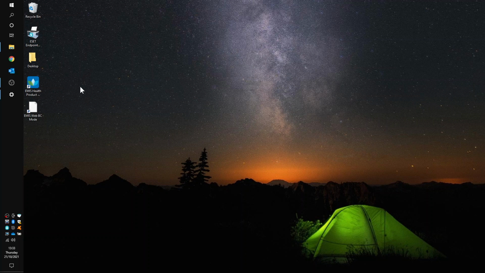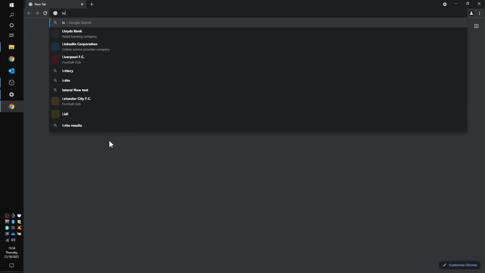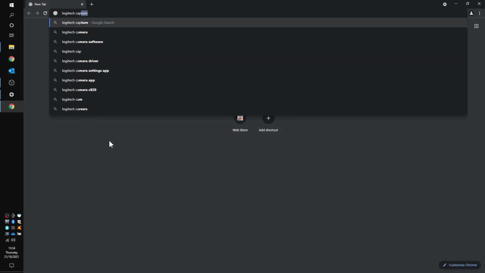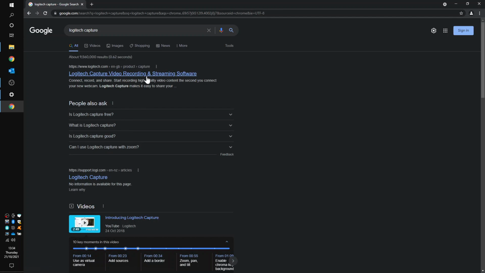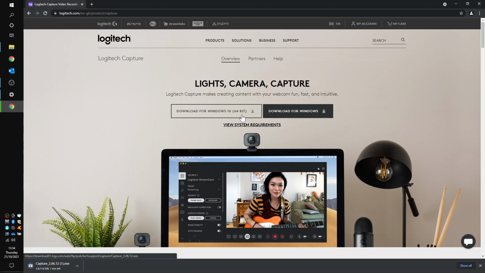So we're going to start by opening up Chrome, or it can be any web browser. That's absolutely fine. And you want to find the Logitech Capture software. So you can just search for Logitech Capture. Click Logitech Capture here, and then we should see a page that looks like this. So we're going to download for Windows 10 64-bit. Download that here,